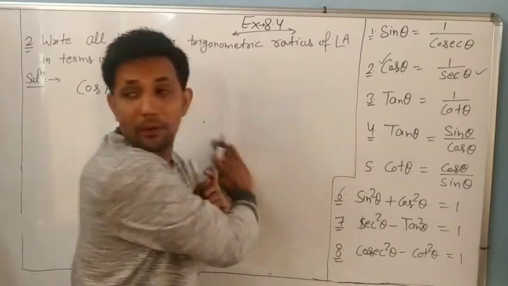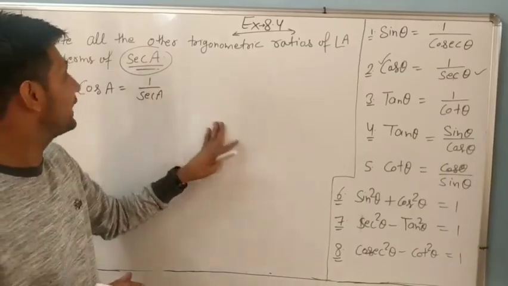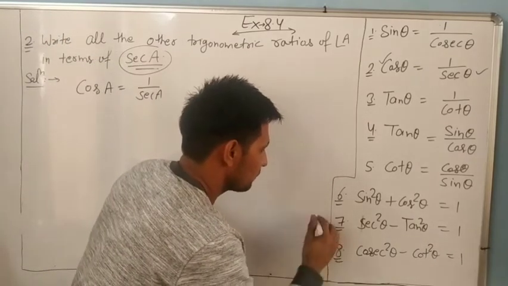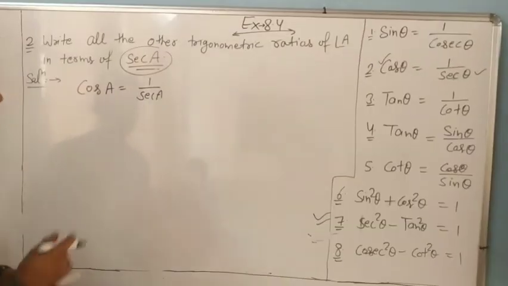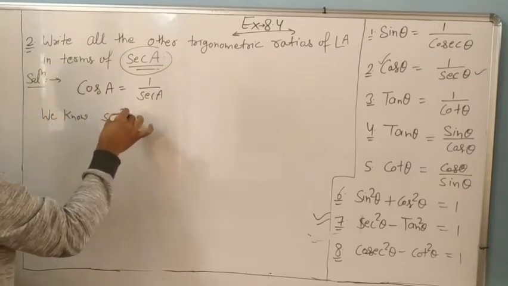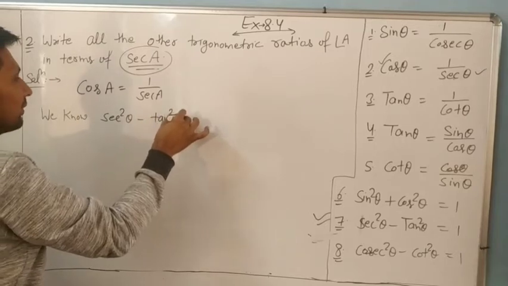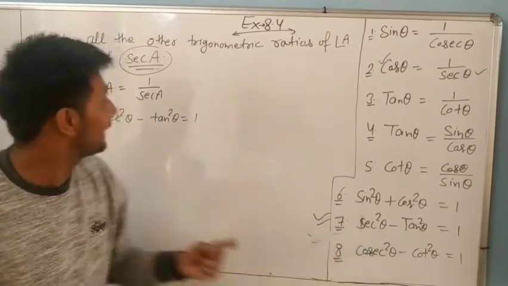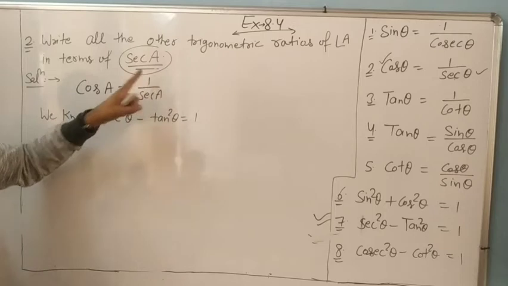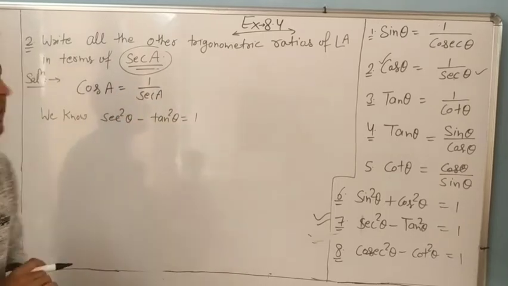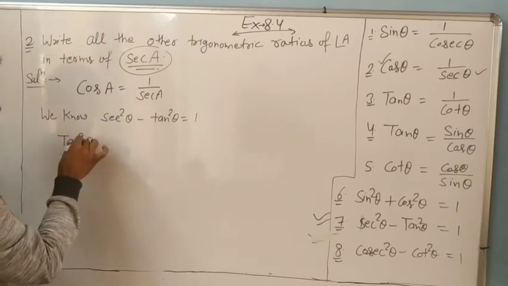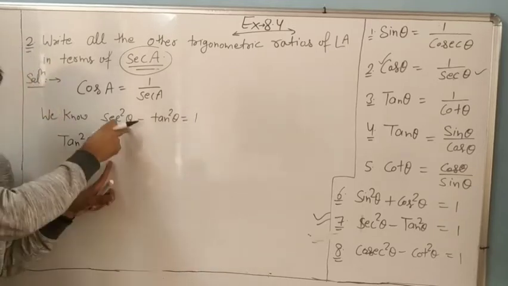We have to write in form of sec. So we will take a formula in which tan and sec both are given. Okay. Formula number 7. It is or not? So you will write, we know secant square theta minus tan square theta equal to what? We know this formula. Here we want to find the value of whom? Tan. Tan or not? Tan in terms of secant. So tan on one side and on the other side the others. Tan square theta equal to, it is positive, and 1 on the other side negative.